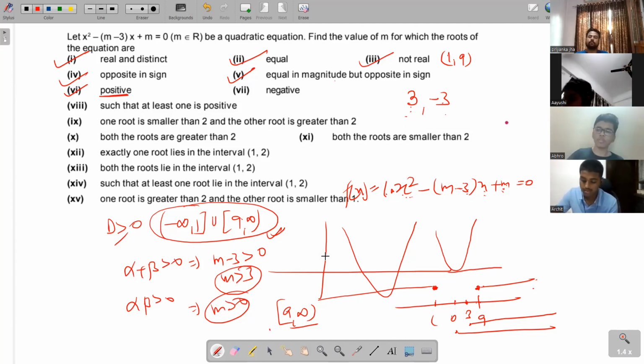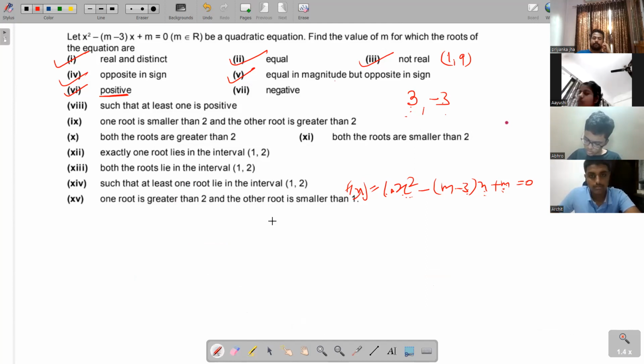सर, एट्थ वाला और फिफ्थ वाले का ग्राफ सेम होगा क्या? At least one is positive. तो फिफ्थ वाले के जैसा ही होगा क्या? So there will be two different cases. If one root is positive and both roots can be positive, because you know, saying at least one is positive. अच्छा, हाँ, समझा। सर, 7 का माइनस इन्फिनिटी टू 1 है ना? नहीं, सेवेंथ का 0 to 1। हाँ,